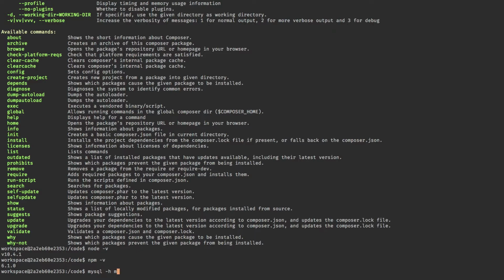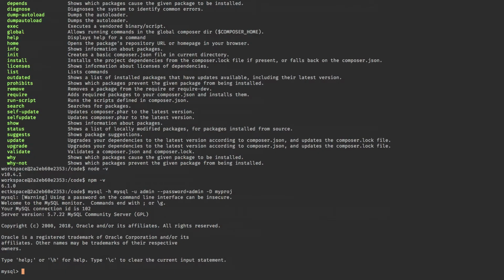So in our case, it's going to be mysql, and then we need to specify user, which is going to be admin, and password, which is going to be admin, and we can specify database, which is going to be my project, but we don't have to. So if I do that, as you can see, I'm connected. So if I do show databases,